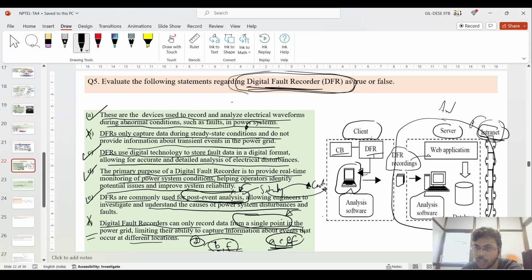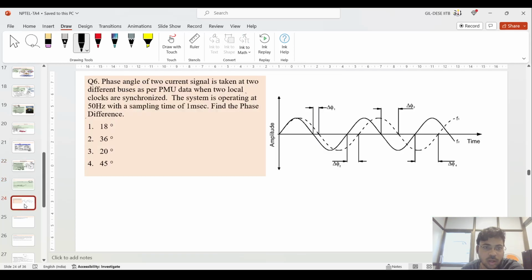Then this server can be used through an intranet, not the internet. Intranet means a localized phenomenon. Internet means it can be accessible to other systems also. It means a localized study can be done. Okay,